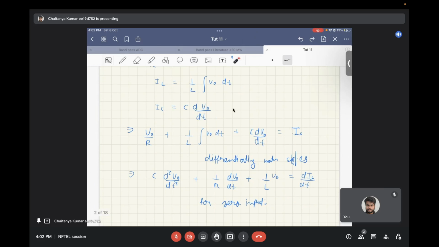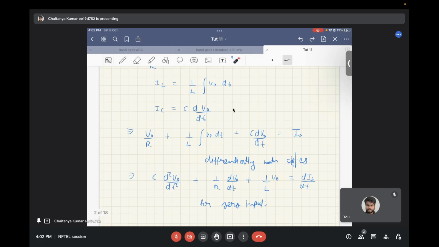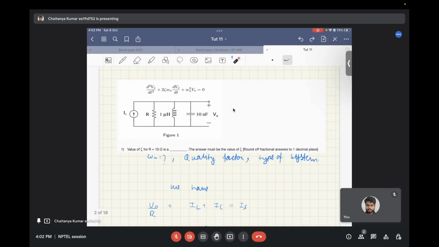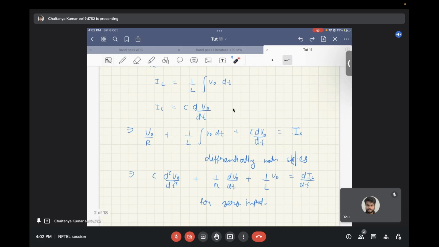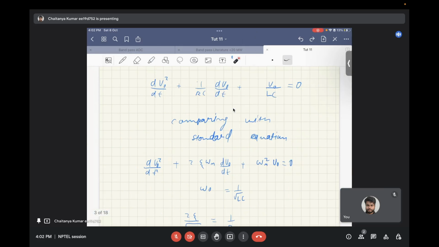So if we differentiate both the sides, this term becomes C d square V naught by dt square, plus now this term becomes 1 by R dV naught by dt, and since this was already an integral, after differentiation we get 1 by L times V naught is equal to dIs by dt. Now since the governing equation of any system is independent of the input, if we have no input, for example we can put Is equal to 0. In that case we get